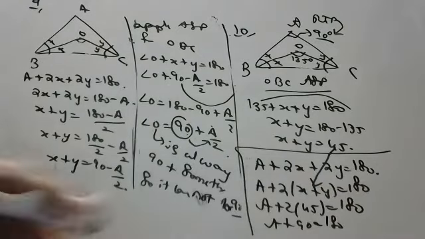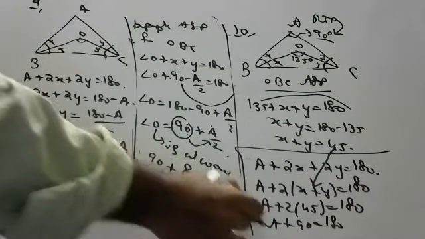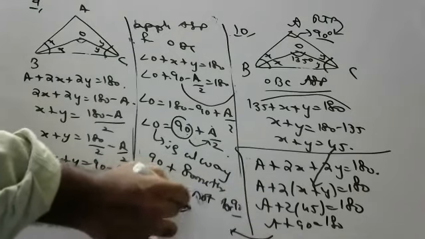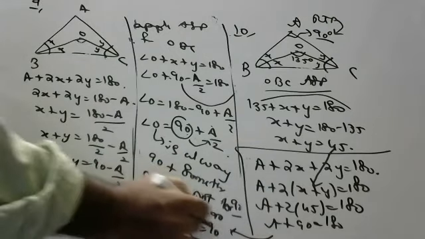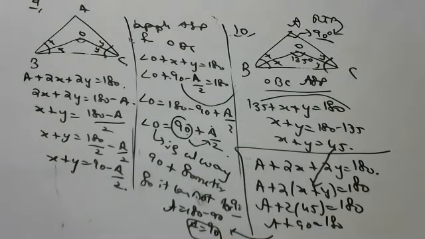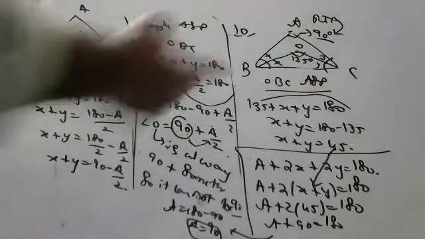Finally, what is he asking? We got it, children. A is equal to 180 minus 90, so A is equal to 90. He is asking us to prove that A is equal to 90, and we proved it. That's all, children. You have to use your common sense. Please see, I proved it.